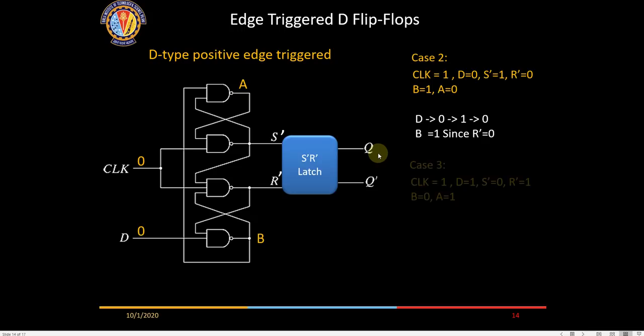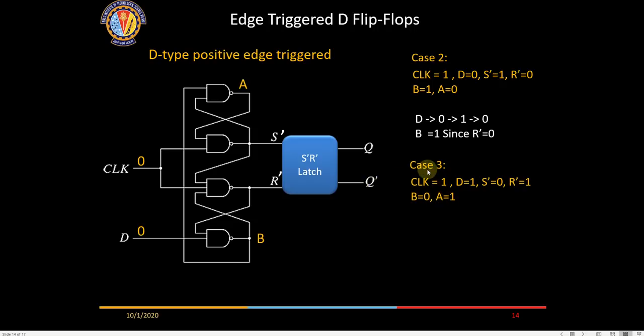Okay, so if I take one more condition, here again the clock is high. Now we assumed that D is equal to 0. In this case we are assuming D is equal to 1, and this is also 1. There is a match. Initially there is a match between D and Q. In case 2 there was a match of 0 here and 0 here. Now in this case there is a match between 1 here and 1 here, right, and 0 here.